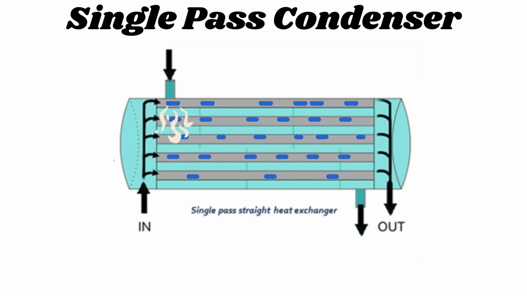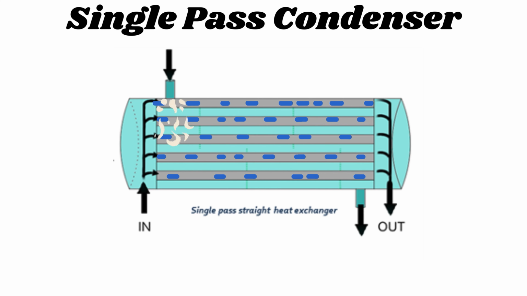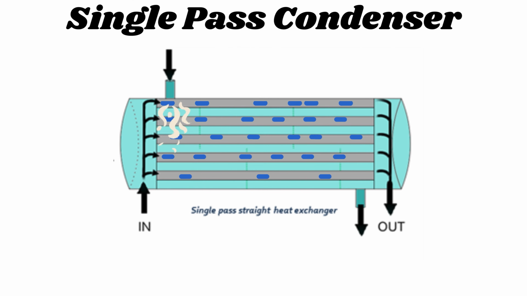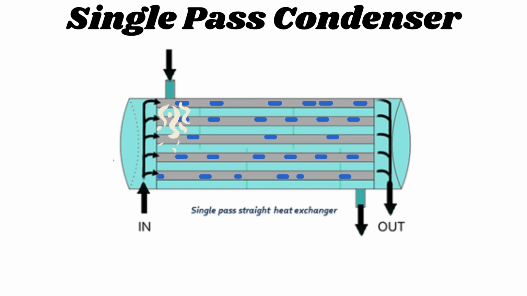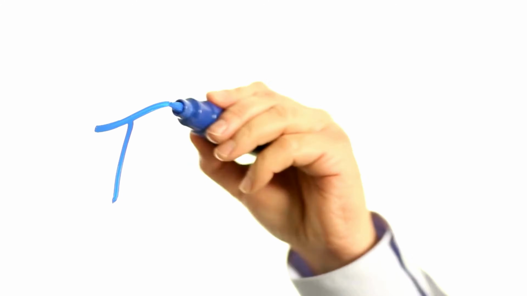Compared to a two-pass condenser, a single-pass condenser with the same number and size of the tubes and with the same water velocity requires twice as much water flow, but results in half the water temperature rise and therefore lower condenser pressure. Thus, a single-pass condenser is good for overall plant efficiency and reduces thermal pollution but requires more than twice the water flow and hence 4 times the pumping power.